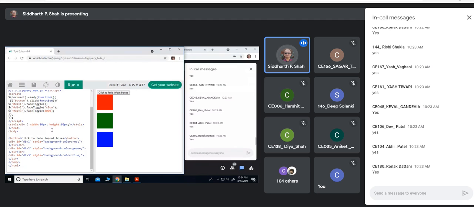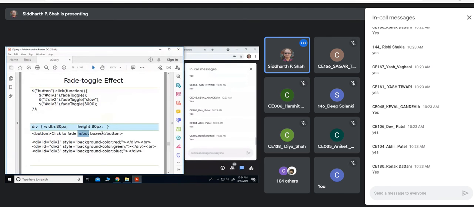Initially, as display is not none, all these boxes are shown. Fade out, fade in. So this is toggling. You know that toggling is like a switch. If it is on, it will become off. If it is off, it will become on. Clear, everyone?